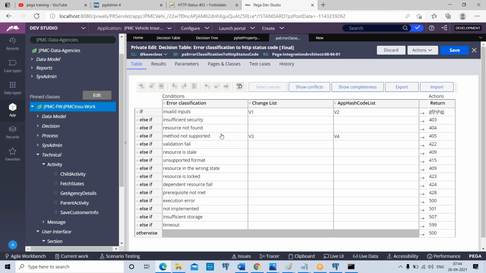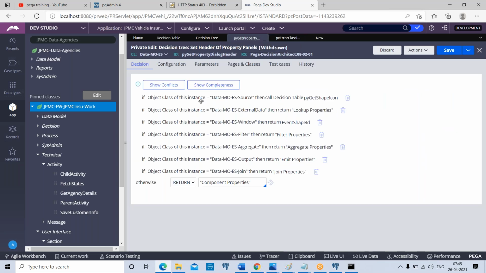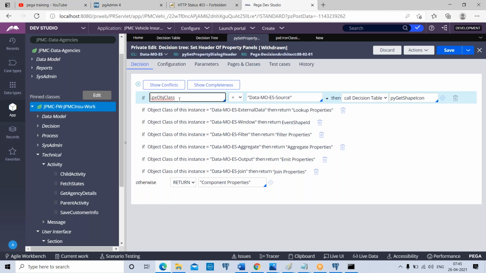It is not possible. What is the reason it is not possible? It is the table structure. So a decision table has a fixed number of properties for all conditions in the table. All conditions in the table should have fixed properties. Make sense, everyone? But coming back to tree, for condition 1, I'm using property 1.